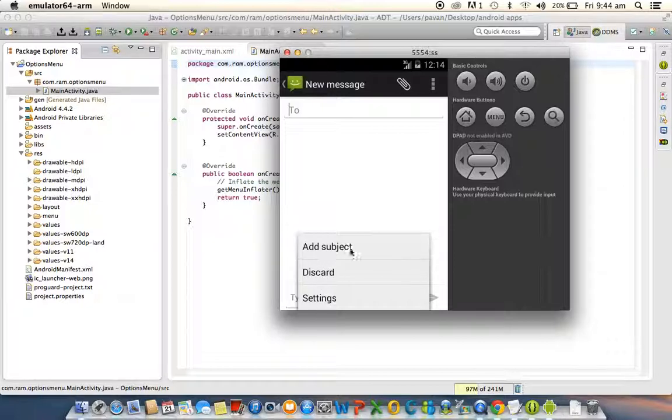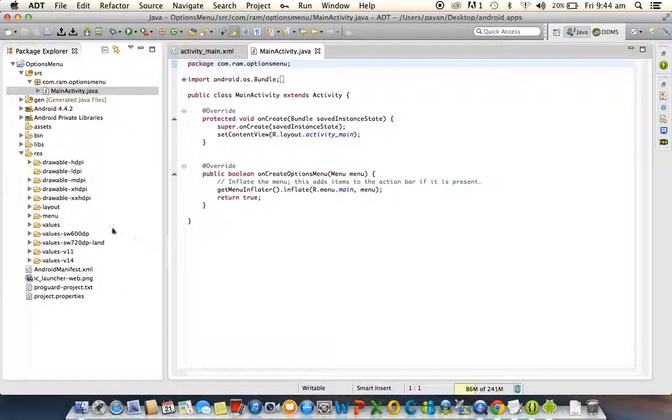So you'll see this item is having the user interface called add subject. That means text it is displaying. But if you click these three options, we need to listen three separate actions for these three options, so these three items we are defining under menu folder.